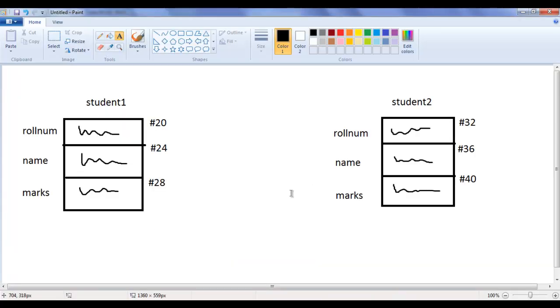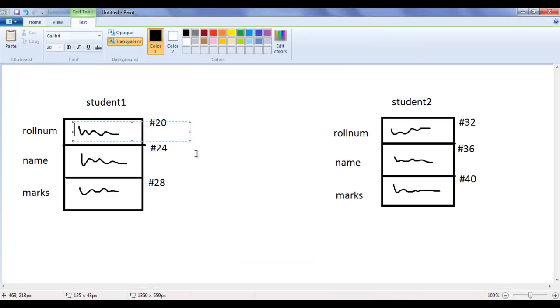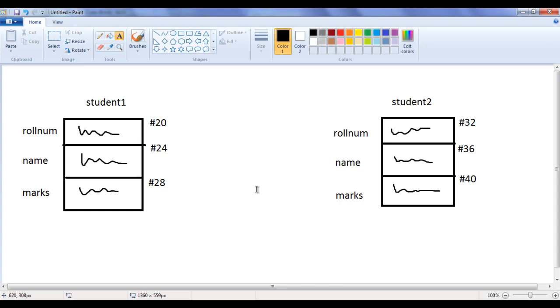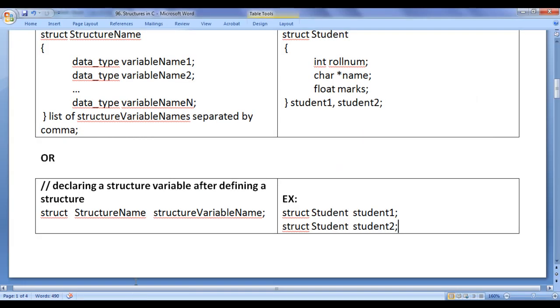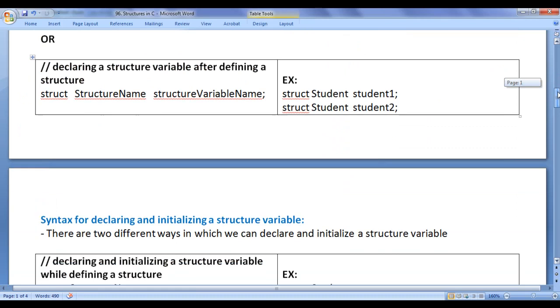As I told, having a garbage value inside a variable or a constant or anything is considered a bad practice. The good practice is, while declaring a variable or a constant, you must initialize them, guys. Initializing a variable or a constant or anything at the time of declaration is considered one of the good practices. Let's understand how we declare and initialize a structure variable.